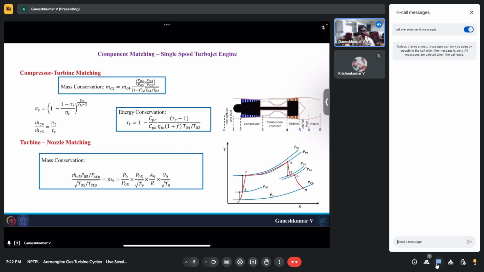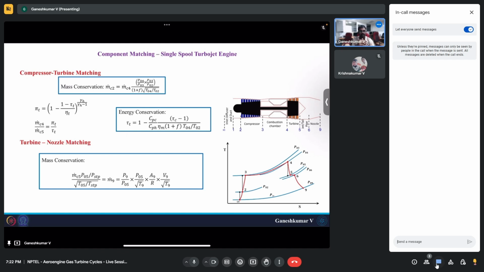In other words, if you change the pressure ratio across the nozzle, let's say P05 by P9, the mass flow rate will not vary at all. Mass flow rate remains constant. Now, if you increase the fuel flow rate at the combustion chamber, that will increase the mass flow rate at the exit of the turbine. But while the pressure ratios are the same, the nozzle cannot handle that higher mass flow rate. So what this does is